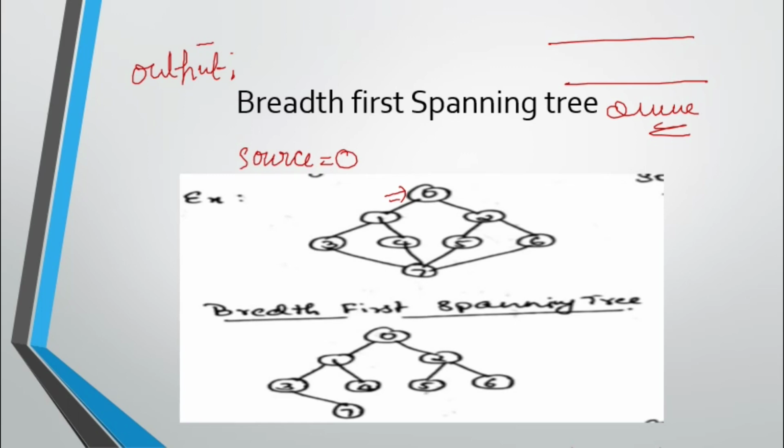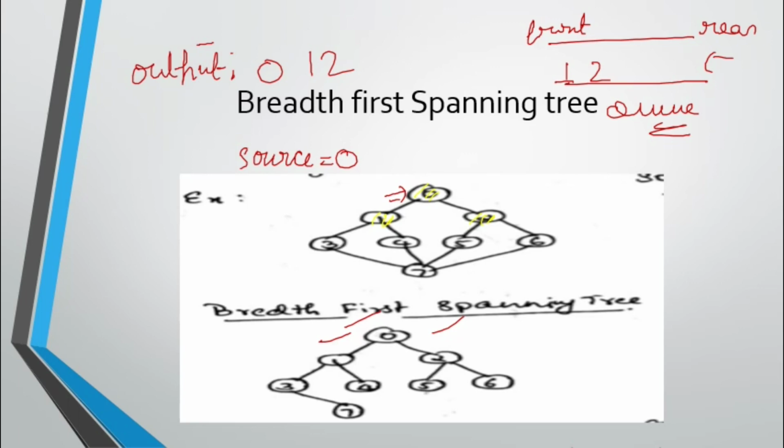Okay, from 0 you are going to 1 and 2. So put that 1 and 2 in the queue. Of course you will come in from the rear end and go out from the front end. In the meantime, one extra thing we are doing is you write 0 1 2 here. Then from 0, you need to draw 2 vertices, that is 1 and 2, and draw an edge between 0 and 1 and between 0 and 2 in your output.